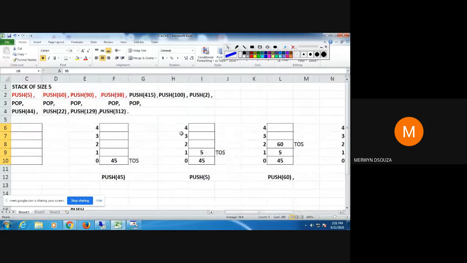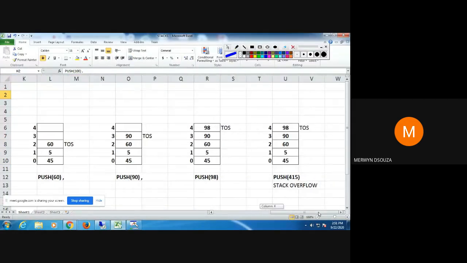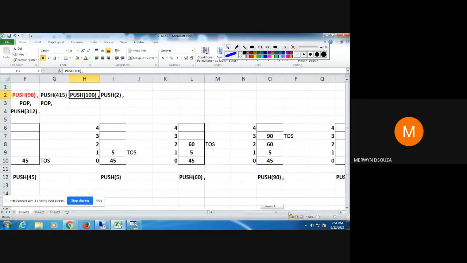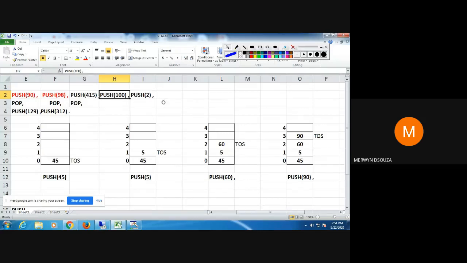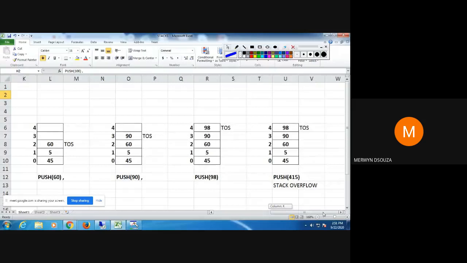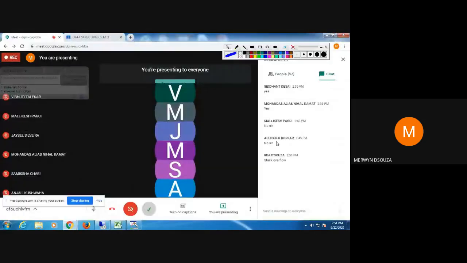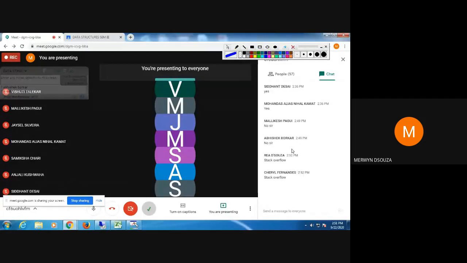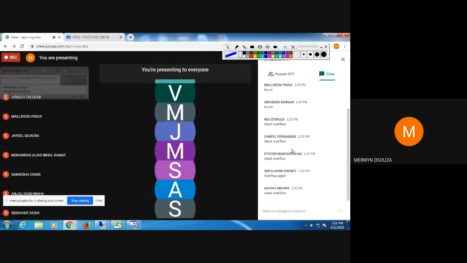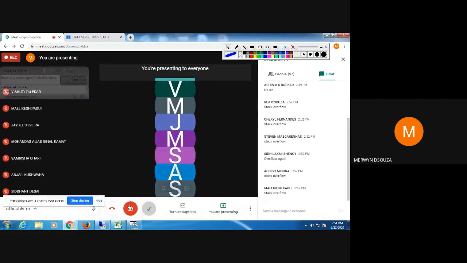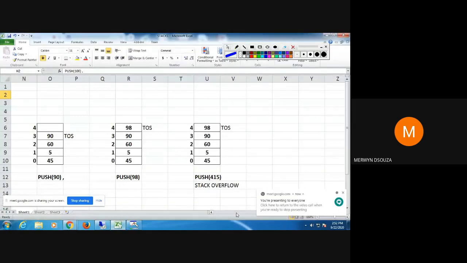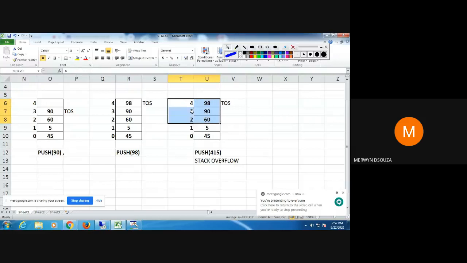Similarly, for the next one, when you try to push 100, what will happen? Can you type in the chat? Yes, stack overflow, correct. Please draw it in your books. You have to draw it again.